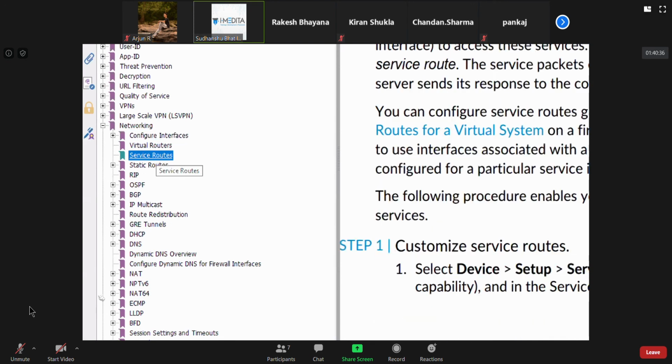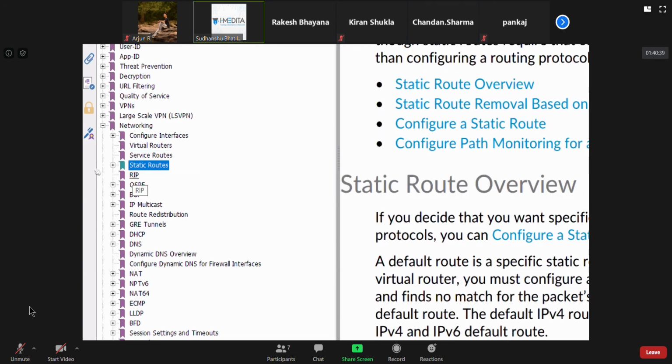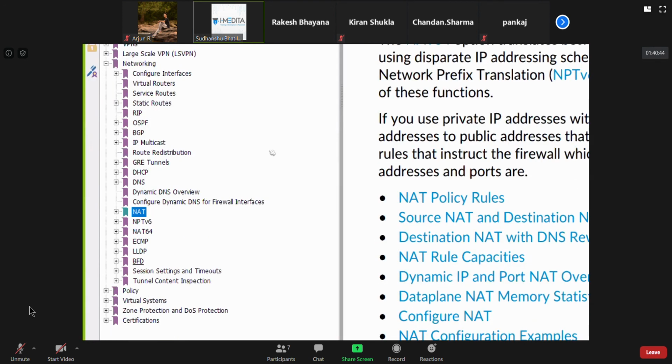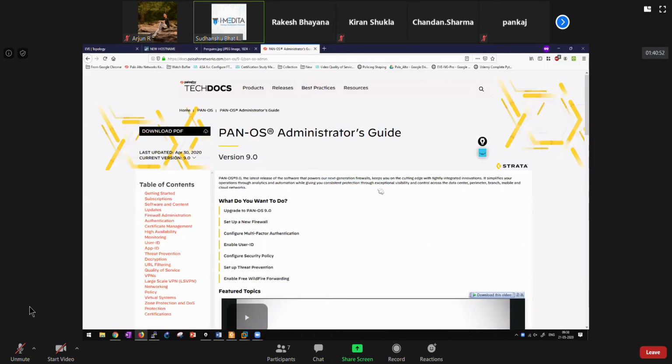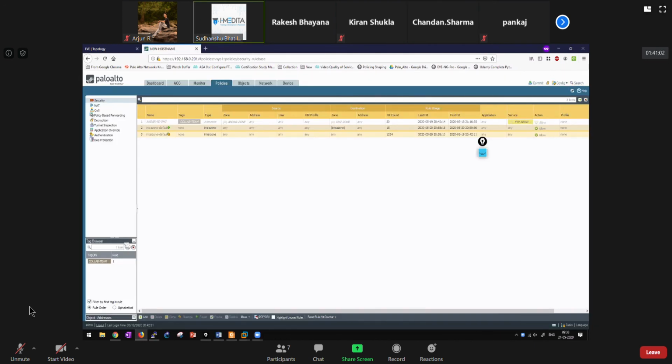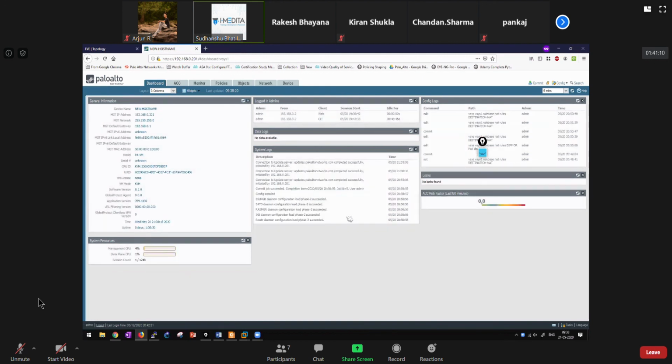So now I'm saying, read NAT from the networking part. Keep it downloaded to your laptop. A lot of times when you Google search stuff, you'll be redirected to this PAN-OS admin guide one way or the other. So this is really a very important document to keep handy. Anybody who manages Palo Alto daily should have it on the desktop. If they don't have it on the desktop, they don't really understand PAN-OS.